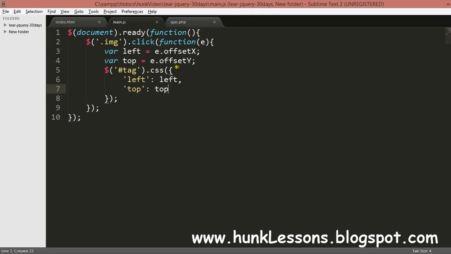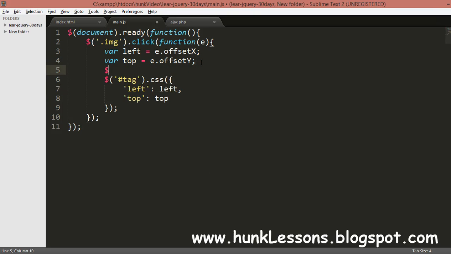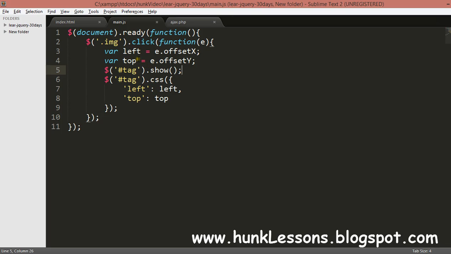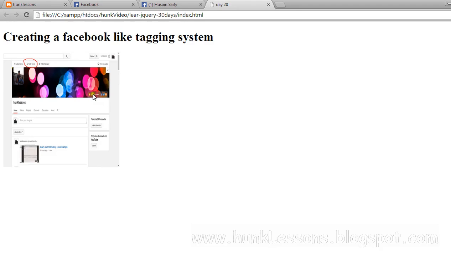So I will do another tag dot show. First I will show it. Now this page. Oh, I think I missed the variable. Sorry guys. It's top, it's left. So for the mistake. Now everything will be fine.